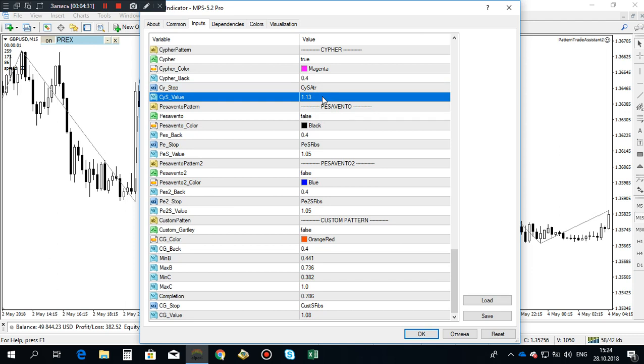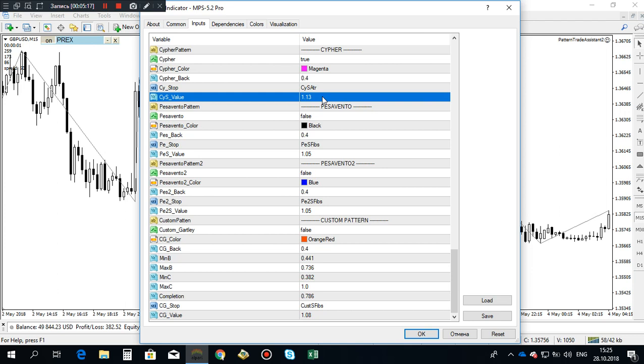and it is calculated from the C point, the last point of the pattern, because the D point is not a point taken from the chart. It is a point that is calculated, projected, forecasted, drawn in the future. And this is a very important difference between the MPS and any other software. The completion point and the reversal point are projected, calculated in the future. This is the best thing you should have. You should look into the future. You don't want to know your past. You need to forecast the future. So this is exactly what MPS does. It is forecasting future reversals,